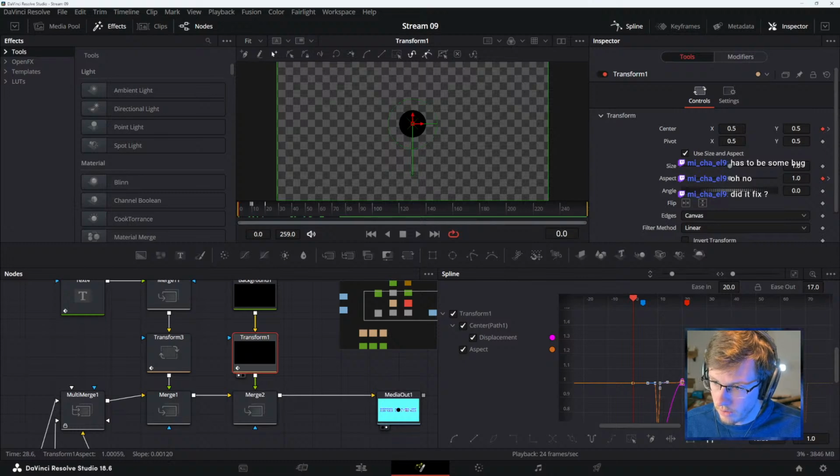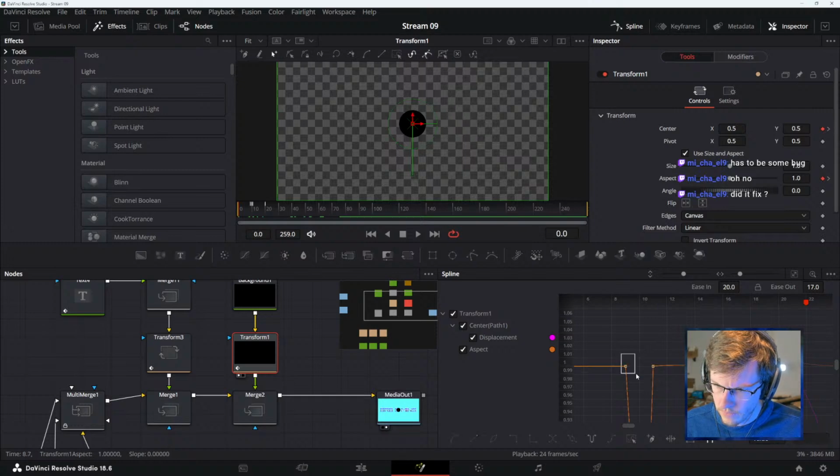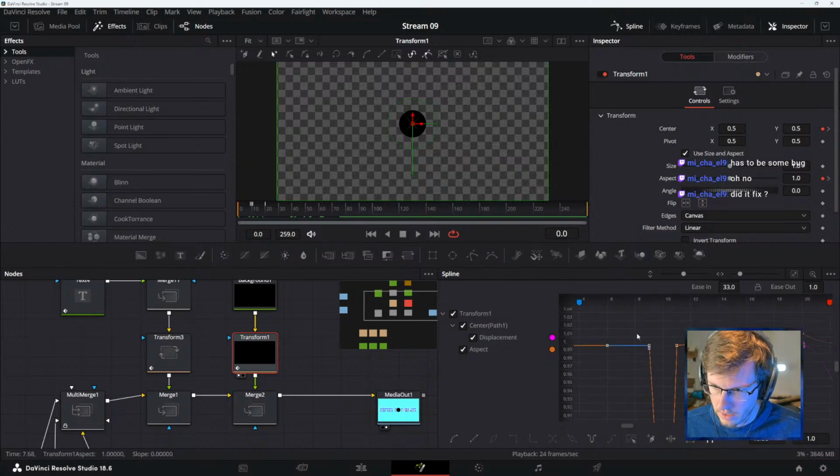Oh, that's cool. That is cool because now I can, that's how you can have it so this shape is consistent. So if this is ease in of 33 and then out of 1, then I could do ease in of 1 and out of 33.